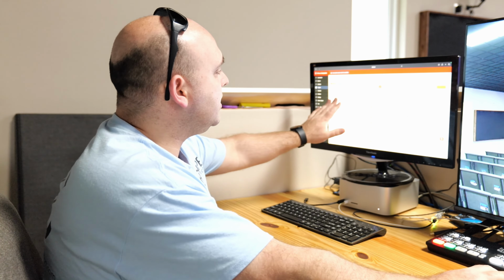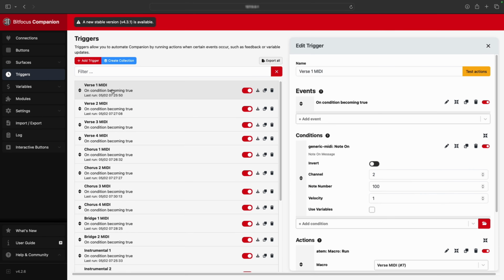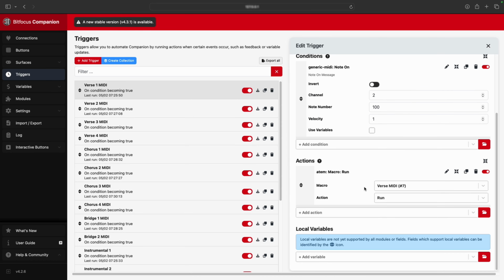So I've set these up. Inside of my triggers on Companion, you'll see verse 1 MIDI. I have it set on condition becoming true. The note number is 100. These are MIDI notes that I've assigned within our ecosystem that I have available, so that once that MIDI note is activated inside of Loop Community,